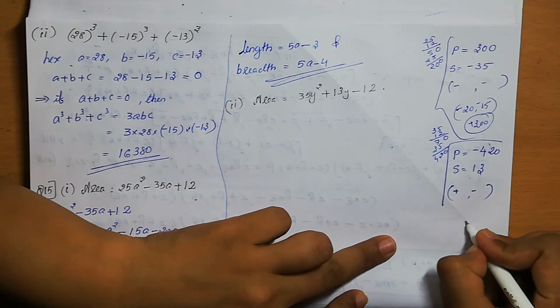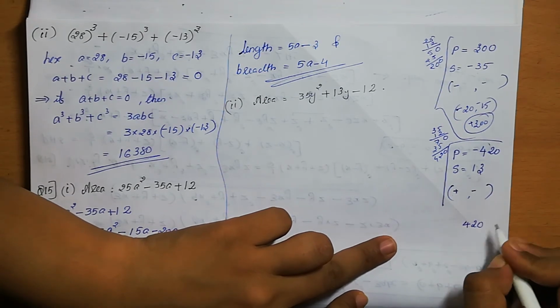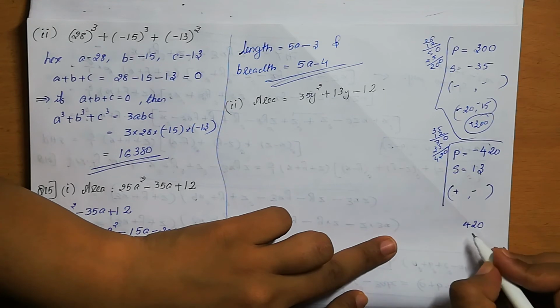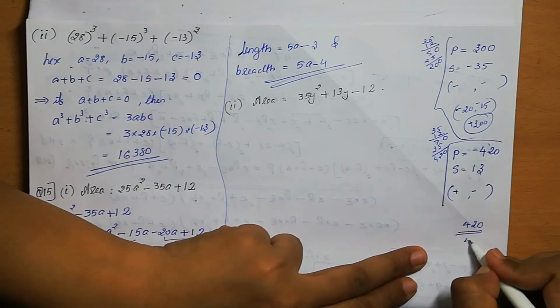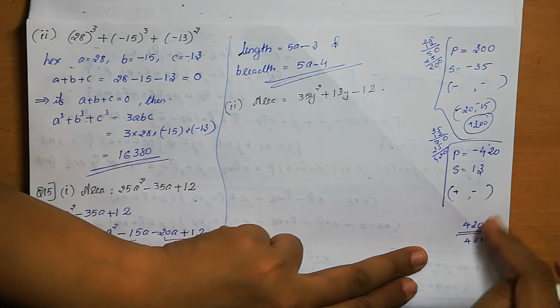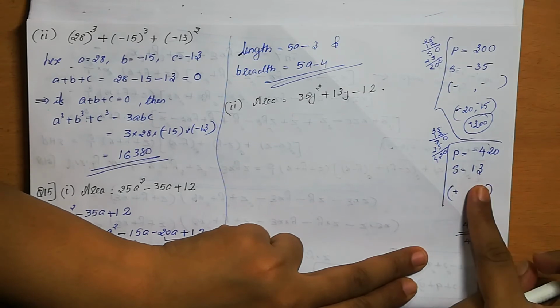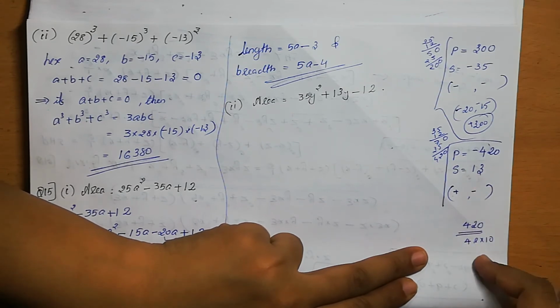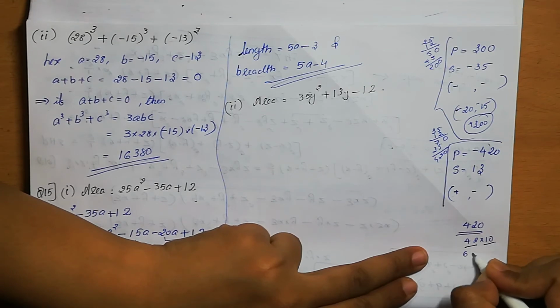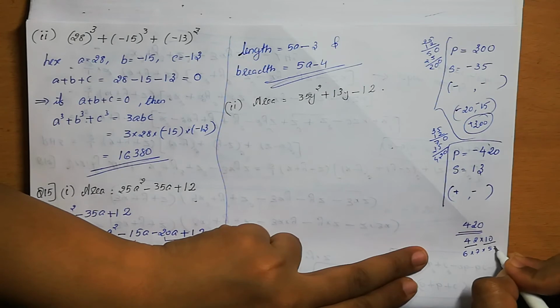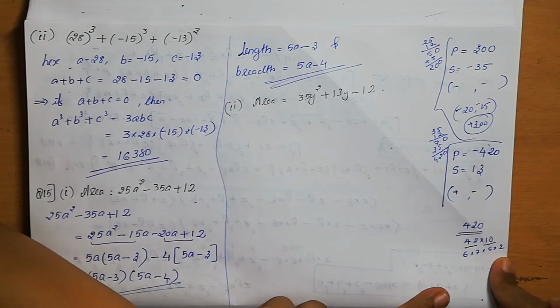The 420 is the product, right? So when you are multiplying two numbers, we need to get the product as 420. So just we can take this 420 means how we can write? 420 we can write it as 42 into 10. 42 into 10 is 420, but 42 minus 10 we are taking means we'll get minus 32 only, right? So that is not possible. Next, some other number we need to check. Next, this 42, again we can split this 42 and 5. 42 means 6 7s are 42, 5 we can take it as 5 into 2. So from here we can select the numbers one by one.